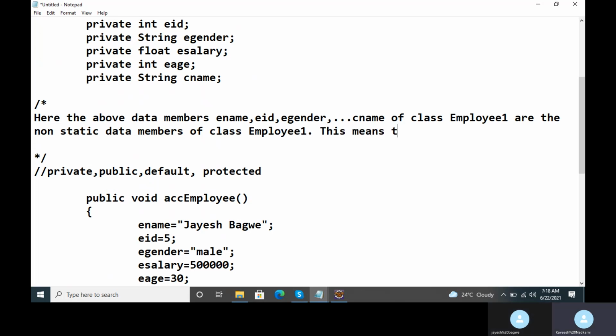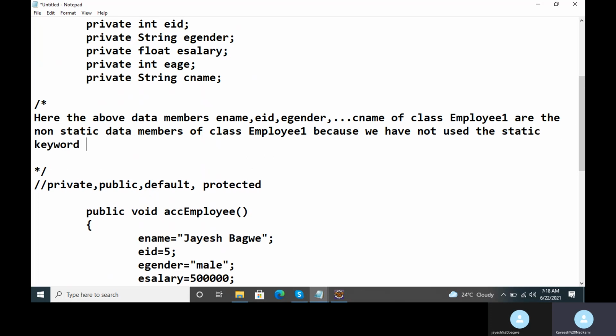And why is it so? Because we have not used the static keyword in Java while declaring these data members of the class employee one.